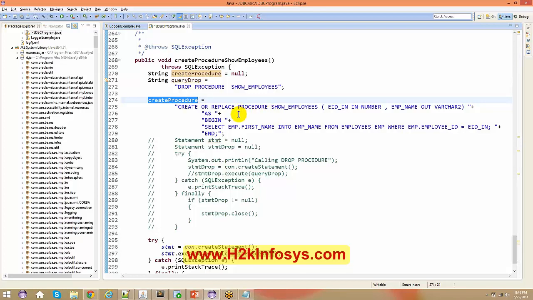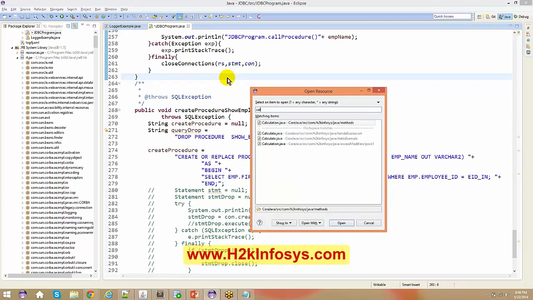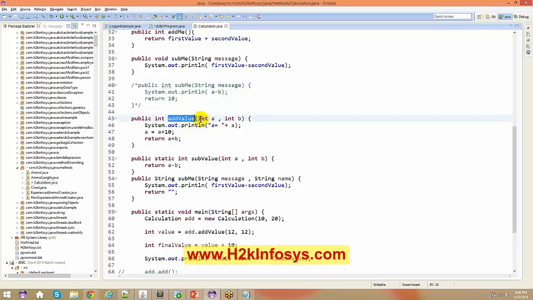Yes, Jairam, I want to ask, what is a procedure? What is a procedure? Okay, procedure in your database concepts. Now tell me, when you talk about a calculation method, in your calculation method you basically say add value and you pass on some arguments to it, right? And in return, you get one result. If you say 2 plus 3, you get the result as 5, right? This is a function in Java wherein you're passing some arguments and getting some return value. The same way in database concepts,